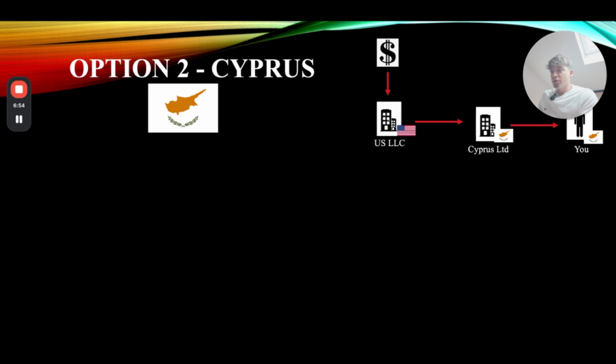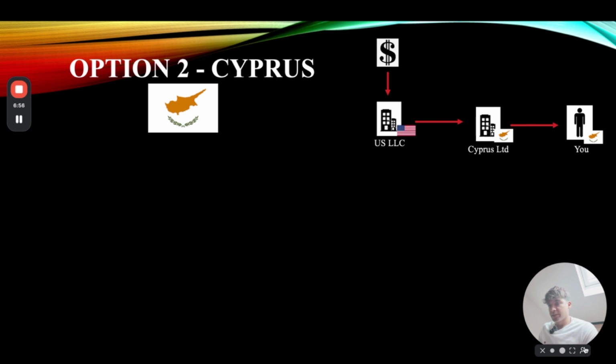If you're spending a lot of time in Europe, I suggest Cyprus. Cyprus is another country that has very low taxes. It doesn't have zero. Obviously here I've put the LLC as intermediary because maybe you've got American clients, maybe you like to invoice in other currencies. But this is the same. It pays no corporation tax. But then the Cyprus company pays 12.5% tax. But then because you'd make use of non-domicile status, you actually pay 0% tax when you take out the money again. So basically there's a one-off taxation of 12.5%.